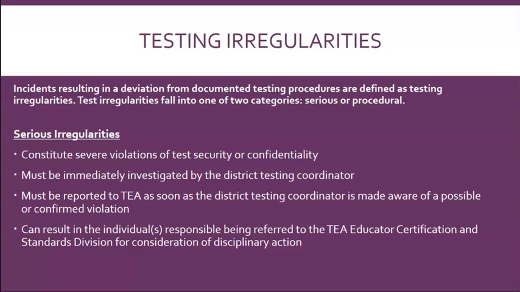With serious irregularities, you're looking at things that follow these patterns. They could be a severe violation of test security and confidentiality. They must immediately be investigated by the district testing coordinator, so it involves a very extensive investigation. They are reported to TEA automatically as soon as the district testing coordinator is made aware of the violation. And these are the types of irregularities where individuals could be referred to the TEA Educator Certification and Standards Division for any kind of